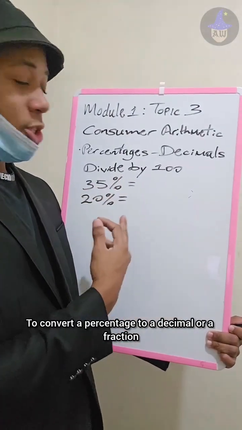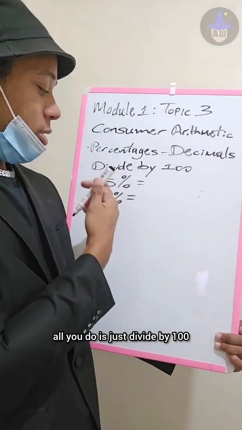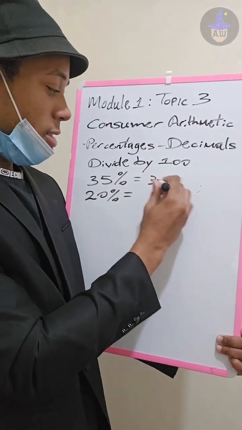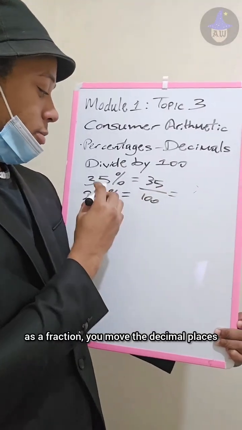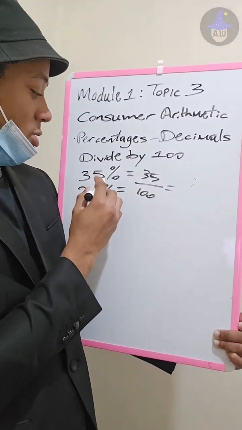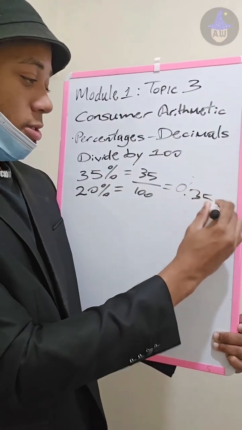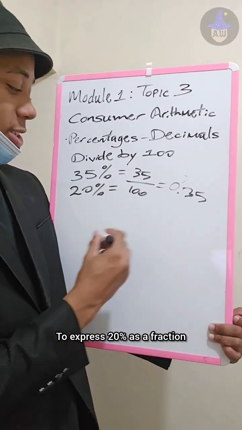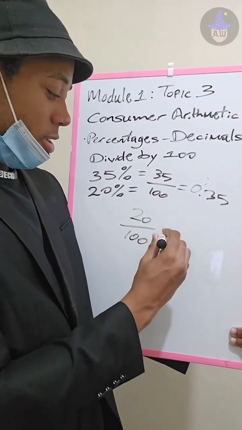Convert a percentage to a decimal or a fraction. All you do is just divide by 100. So 35% as a fraction is 35 over 100. Or as a decimal, you move the decimal point 2 places to the left, so that's 0.35. To express 20% as a fraction, you just divide it by 100, so that's 20 over 100, or